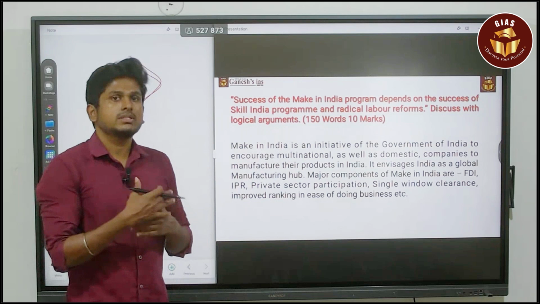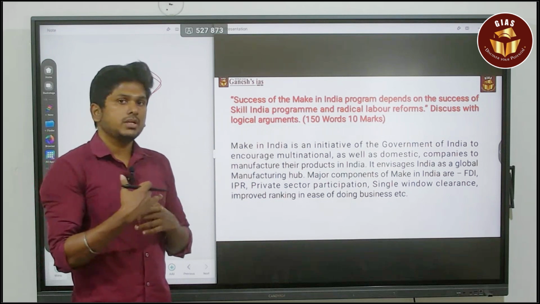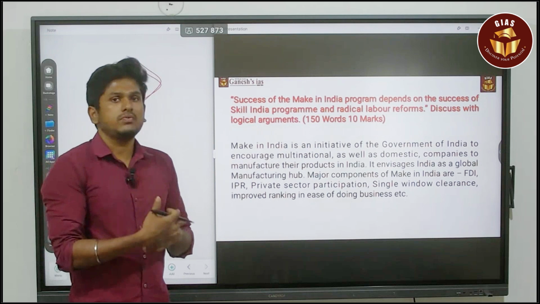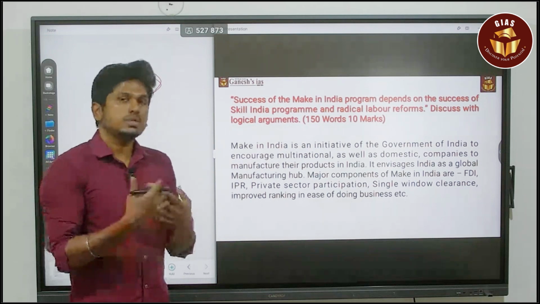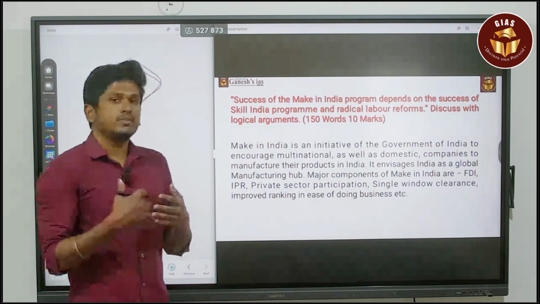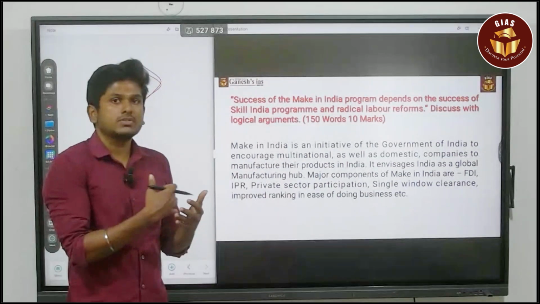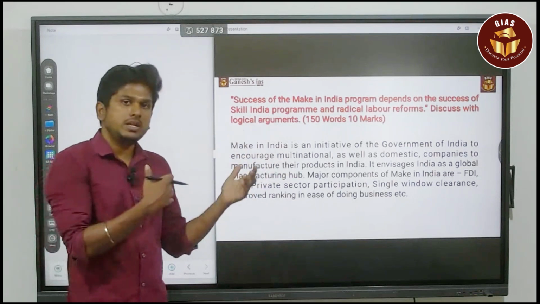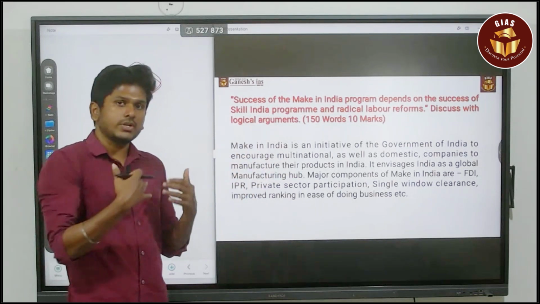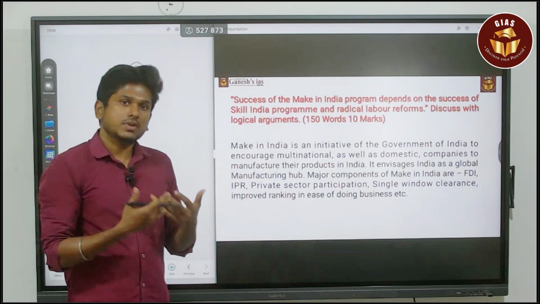In conclusion, you can say that with that we can easily become a developed nation by 2047. In such a way you can complete it. Or else you can say that India will definitely become the second or the first largest economy in the world as soon as possible due to the Make in India program. Or else you can say that India is going to reduce the huge import from China. In such a way also you can say.